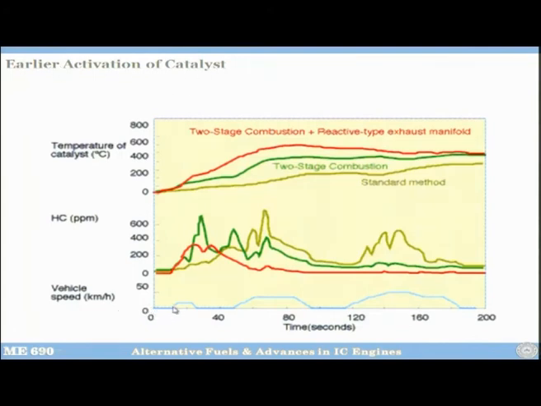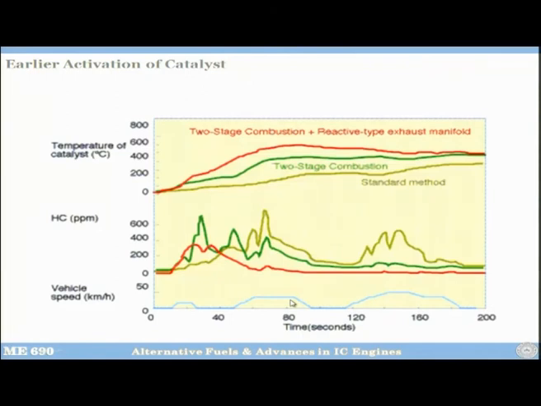So, you see here, this is the time. Okay. So, this basically shows the vehicle speed. So, you start the engine, suppose you are in your house, you start the engine, you wait for 2, 3, 5 seconds, 10 seconds, and you put it in first gear, take it out of your garage, so it attains some speed, and then you come to the main street, you stop, you apply the brakes, and then you wait that okay, there are no cars coming from here and there, and then you go to the street at some 20 kilometers an hour.